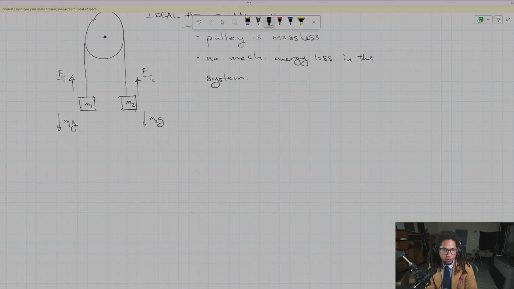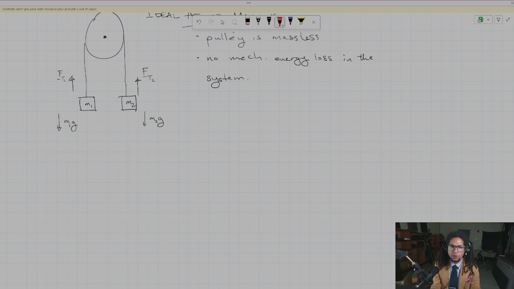Now our rules for strings tell us that when we have two ends of a string that are draped over a massless pulley, then the tension on the two is equal. So this is equal to this. Ft sub 1 in magnitude is equal to Ft sub 2. In this case, also in direction, but an Atwood machine could be created such that the string was not in the same direction, and the tension statement would still be the same for the magnitudes. Okay, anyway,